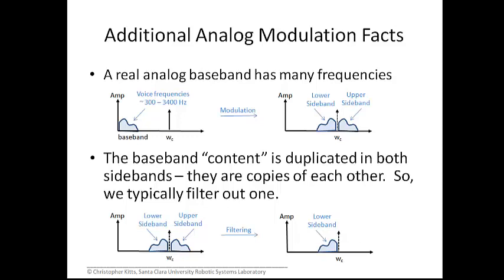And we see that we have now two sidebands, a lower sideband and an upper sideband. And again, they are duplicates of each other. So we could filter one of those out and only have to really worry about the remaining one in order to do